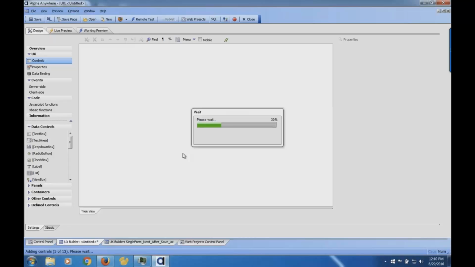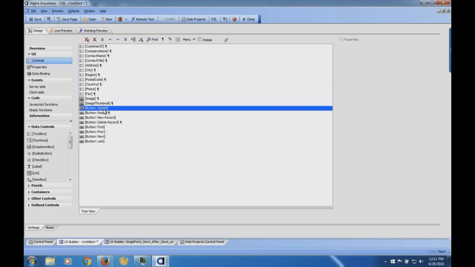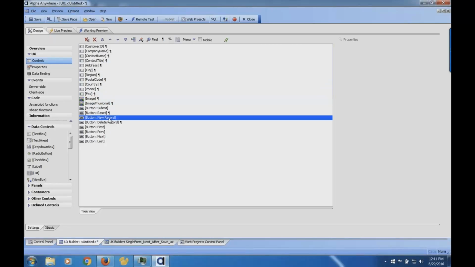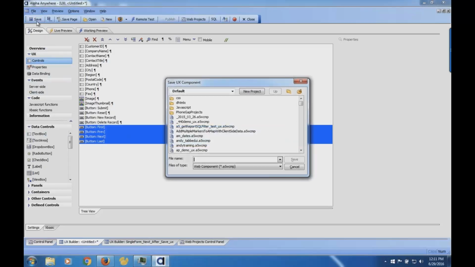So you'll notice that it's created a set of controls. It made them all text boxes. The reality is you may want to use different controls. You can always edit that. But also if there's images, it's created data-bound images. You'll notice that I have my submit and reset. I have my new record and delete record and my first, next. So it built all of these controls for me. So let me go ahead and do UX from DB fields underscore UX.